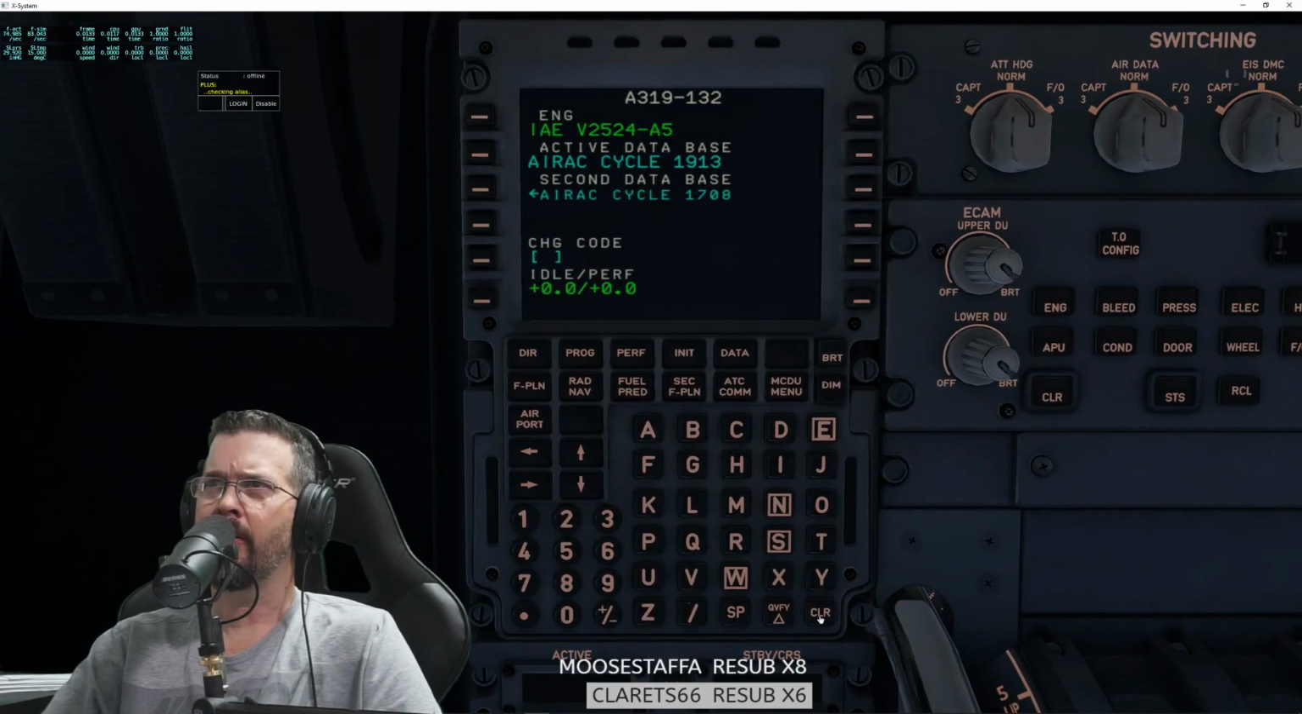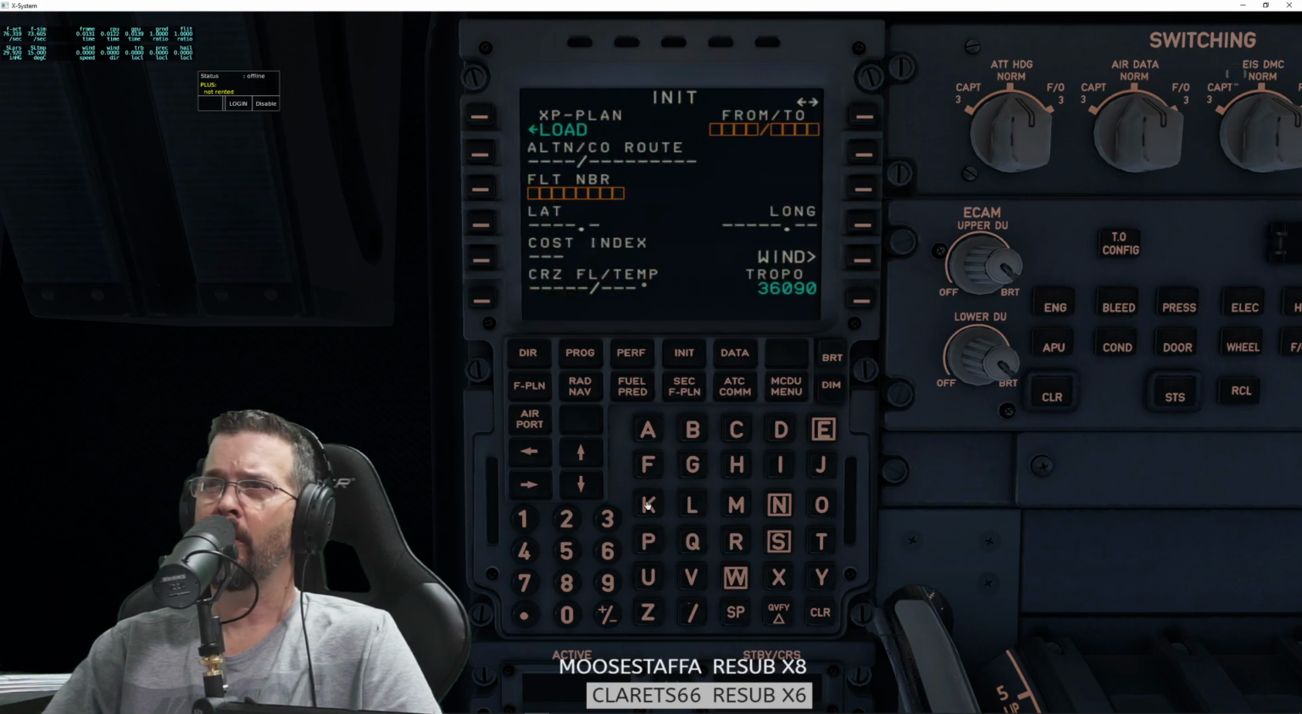Come down here to the MCDU. I think this MCDU looks pretty good. I do like it. The init page, we're going to go Kilo Alpha Bravo Quebec to Kilo Lima Alpha Sierra. And then the flight number today will be American 572. Cost index today will be,